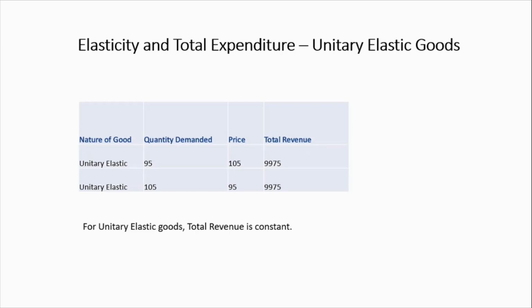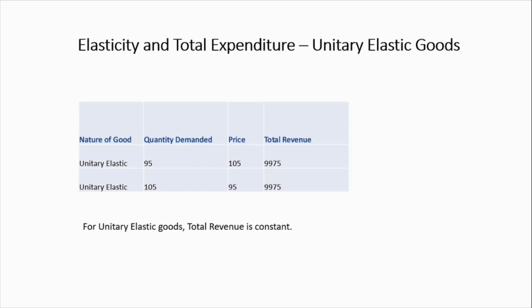So, which means if there is a 5% increase in the price, there is a 5% decrease in the quantity demanded, right? So, suppose you take this example here. Initially, the quantity demanded, say it was around 100, and suppose the price was also 100. Now, suppose the price increases by 5%, which means that the price goes to 105. The quantity demanded decreases exactly by 5%. So from 100, it comes down to 95. So my total revenue is